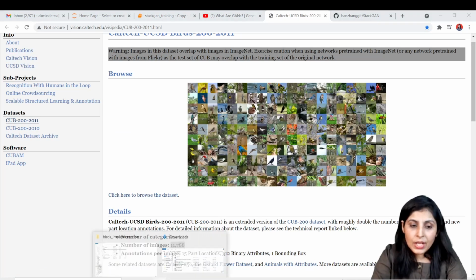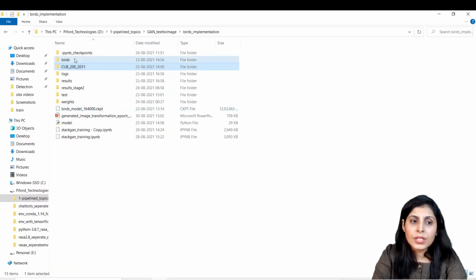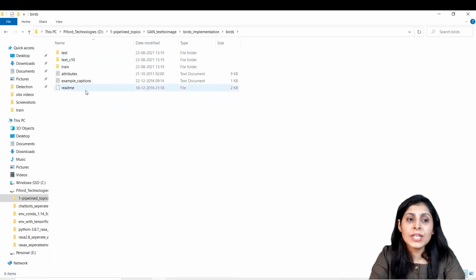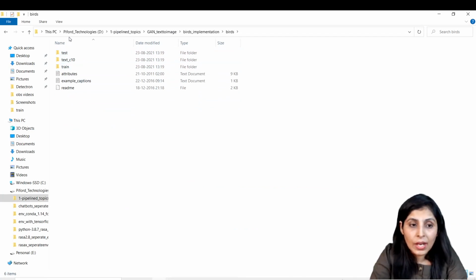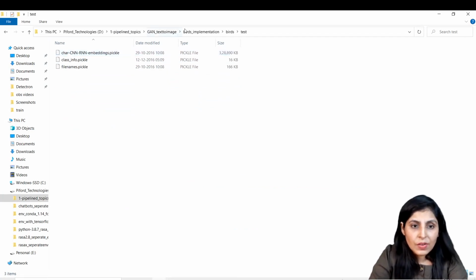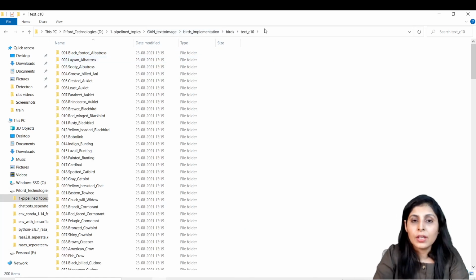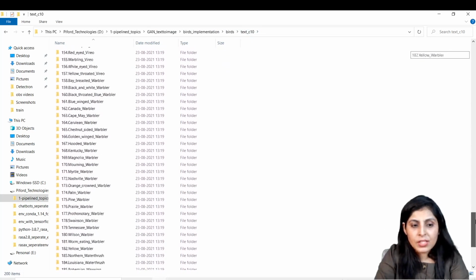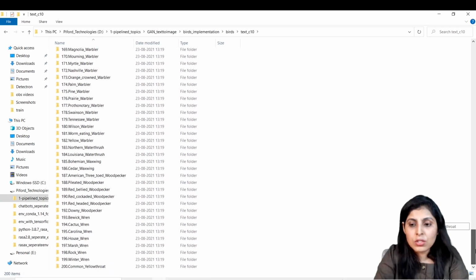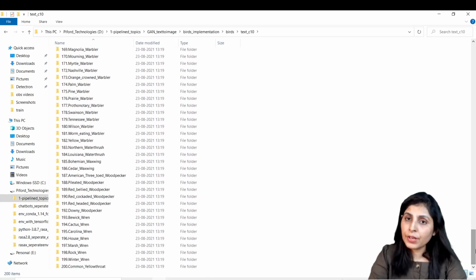Now let's talk about this birds folder in which we have all our embeddings. When you open this birds folder, we have this folder, and when you open it, you can see that over here also you have 200 different folders.